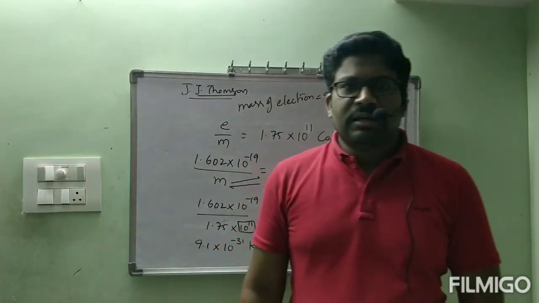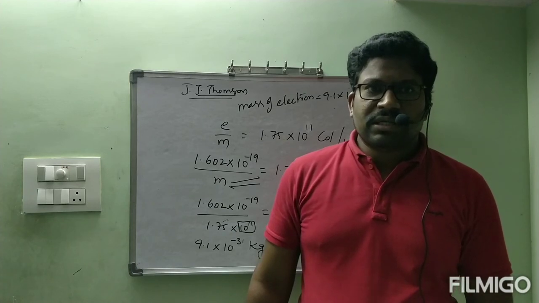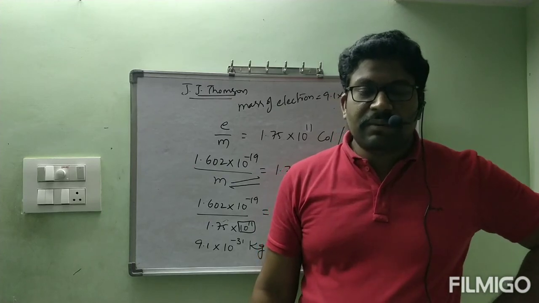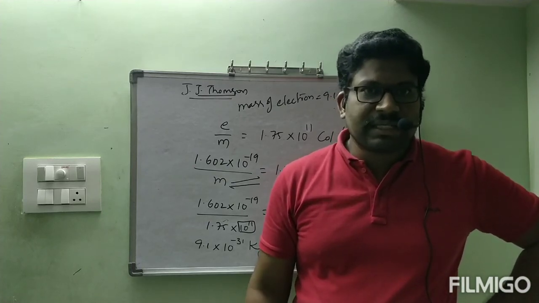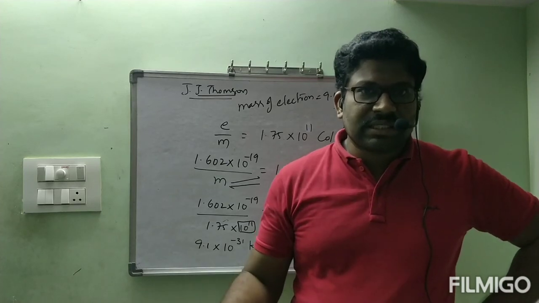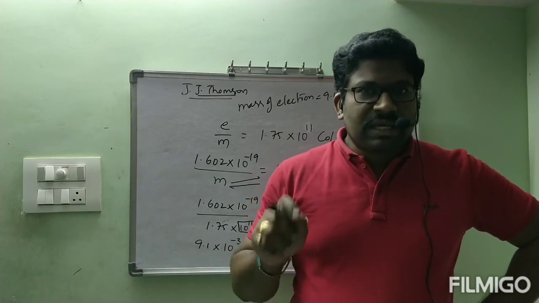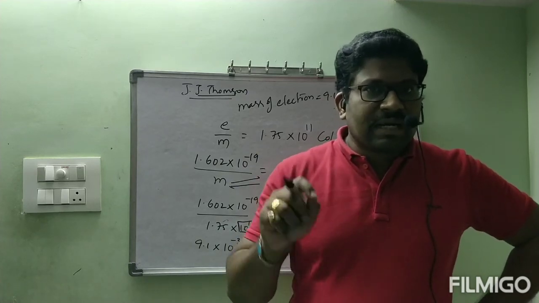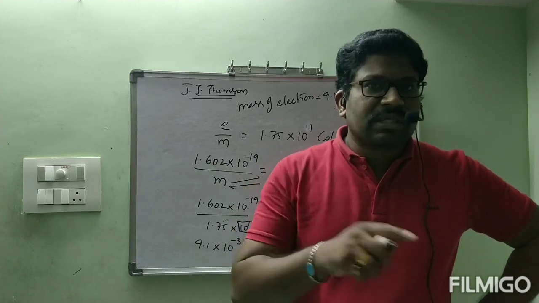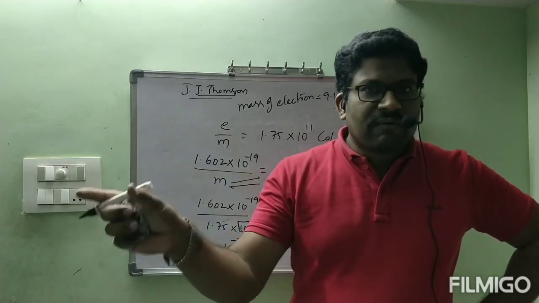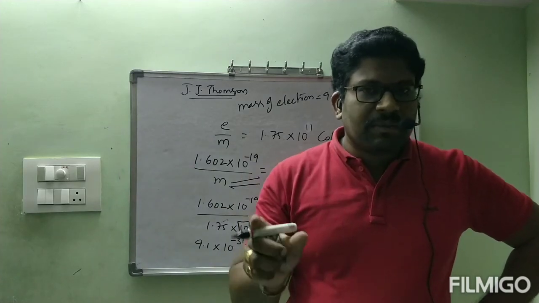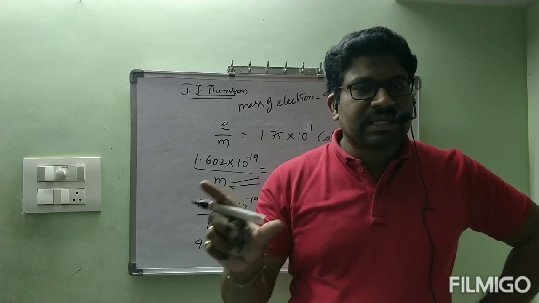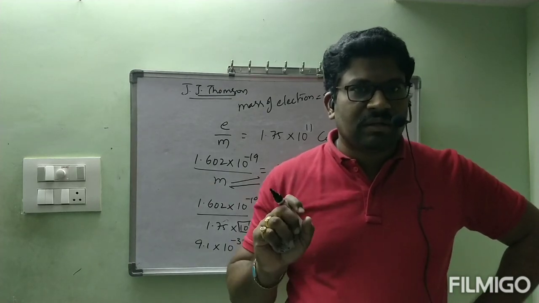How can we say that the e/m ratio of cathode rays is independent of the nature of the gas taken in the discharge tube, and the e/m ratio of anode rays is dependent on the nature of the gas? That explanation I gave. Whatever the gas taken, we get one electron from each atom. But for anode rays, whatever the gas taken, we will not get one proton. Depending on the gas, the anode rays will be different. That's why for cathode rays we kept electrons in brackets, but for anode rays we kept simply positive rays. That is the conclusion from the 9th point.